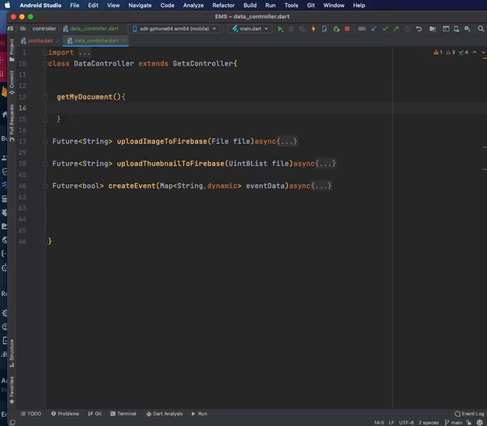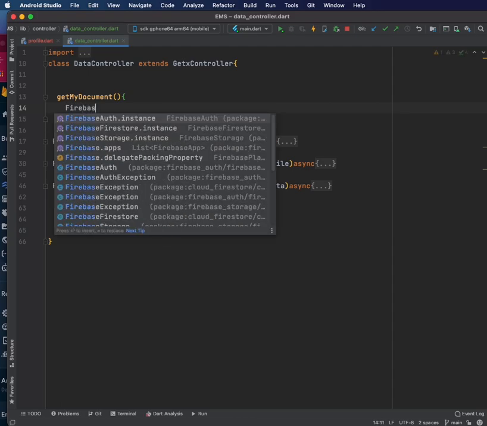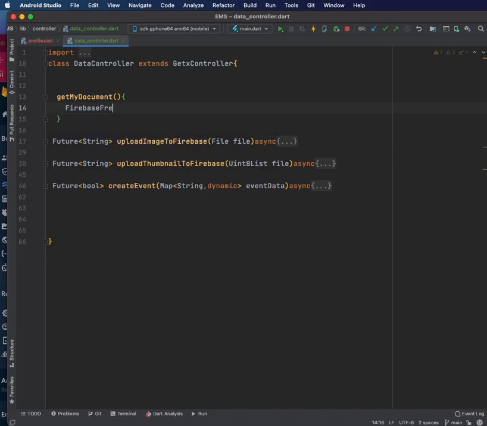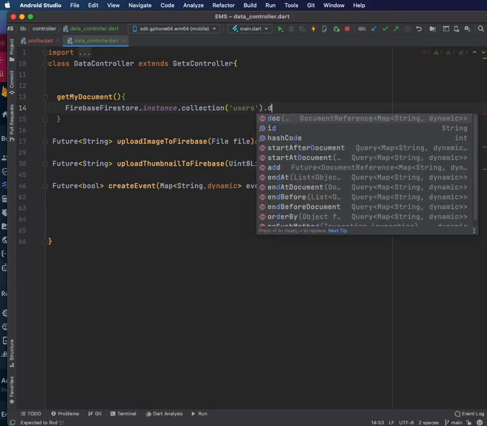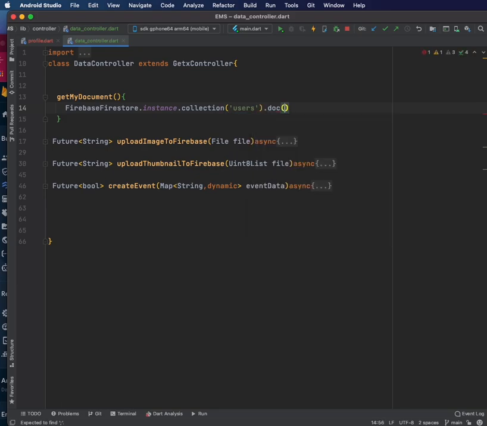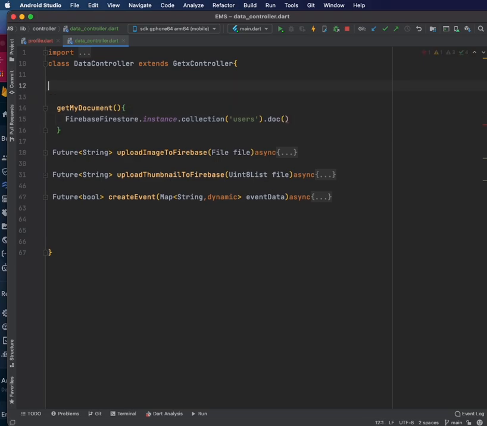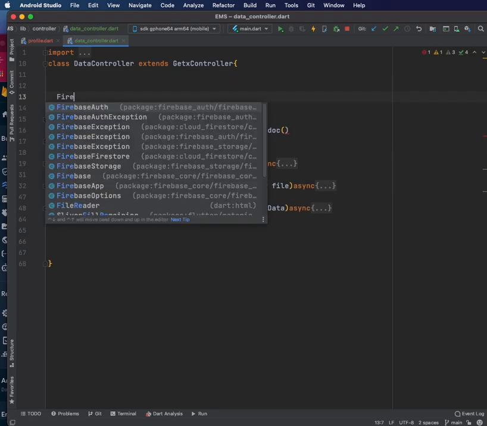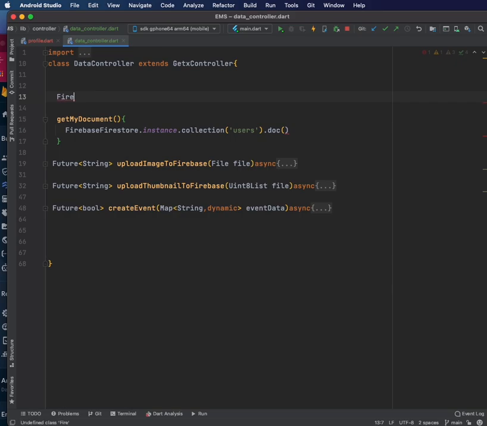This function will get the login user information from the user collection, FirebaseFirestore.instance.collection. Collection is users, and in the user collection I have to get a particular document that belongs to a particular user. So we have to create an instance of Firebase auth,